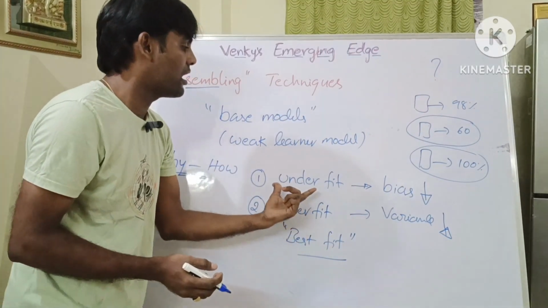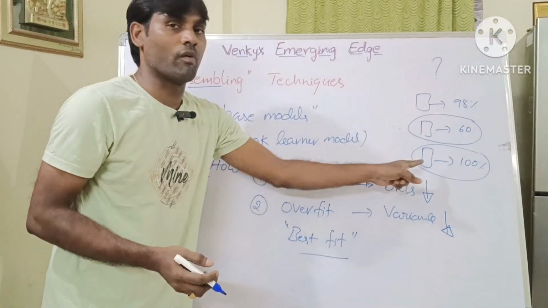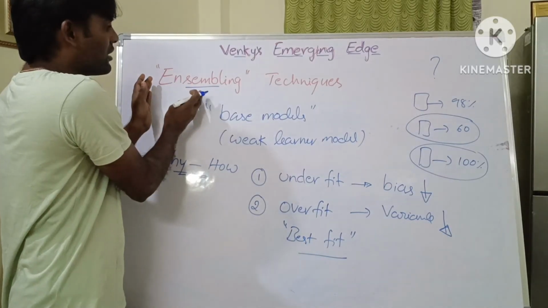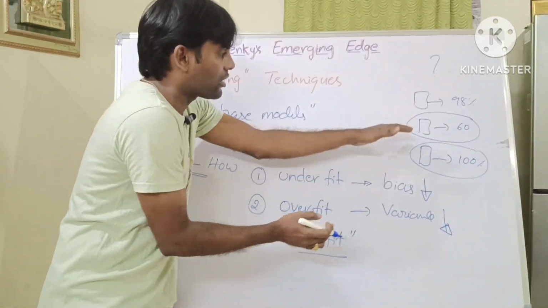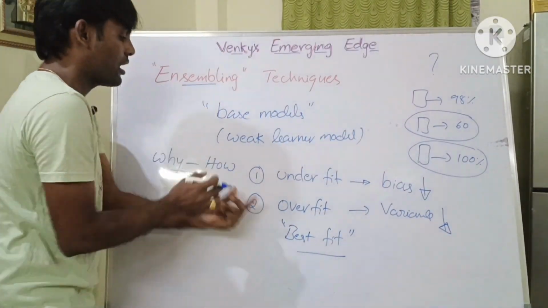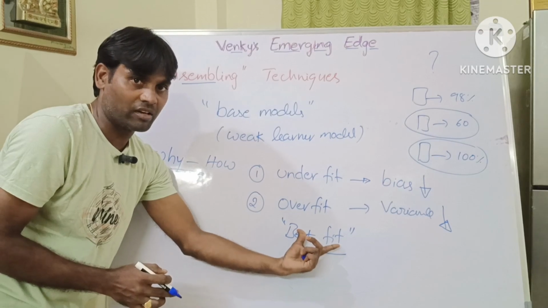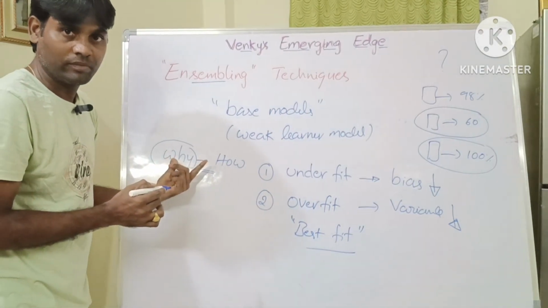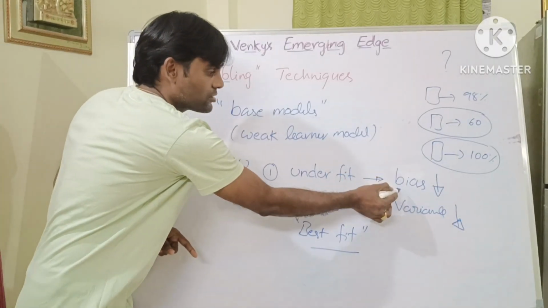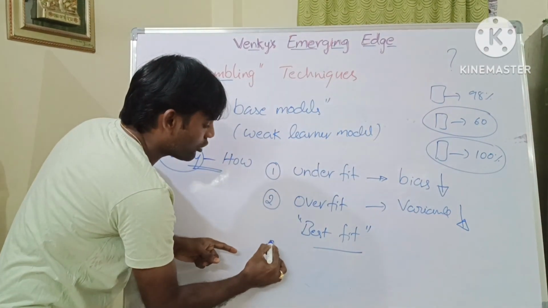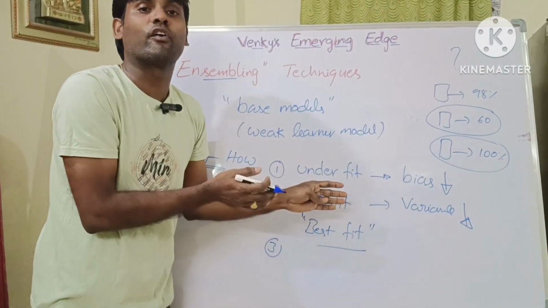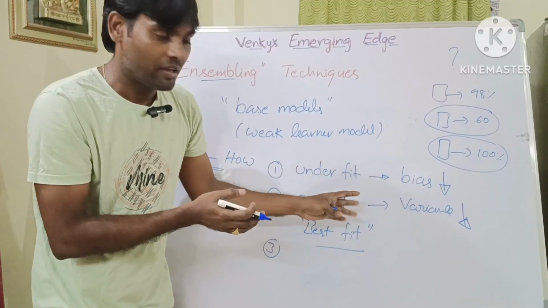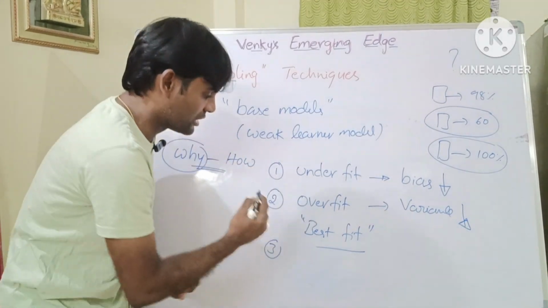But some models may be underfit. Some models may be overfit. So that's why we are combining them. From these overfit and underfit models, we automatically get a best fit. Is it clear? So that's why we are using ensembling. Clear. So that means bias and variance. There's one more: automatically we are controlling the accuracy and the efficiency of performance. So that is called